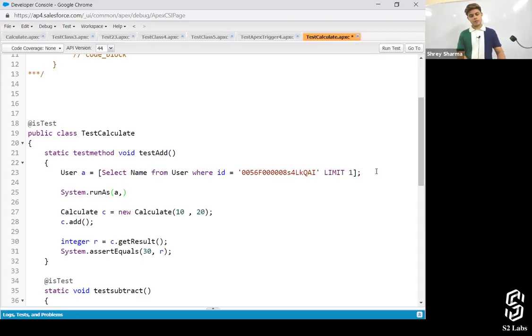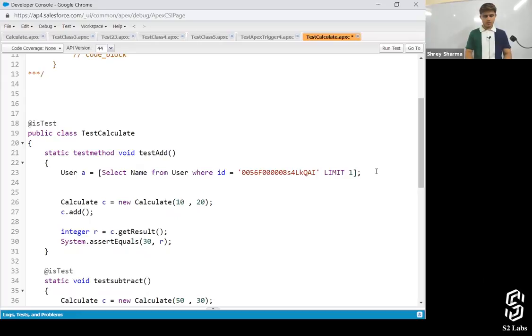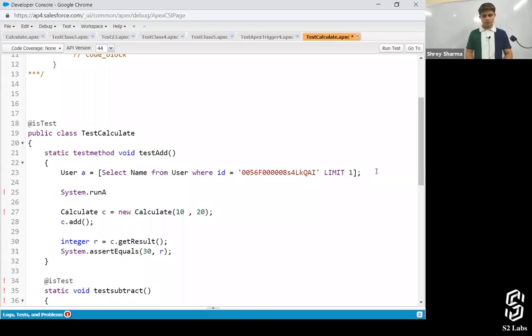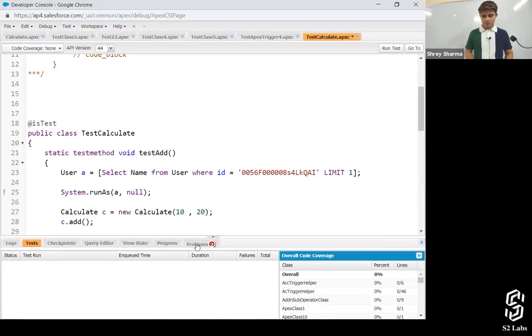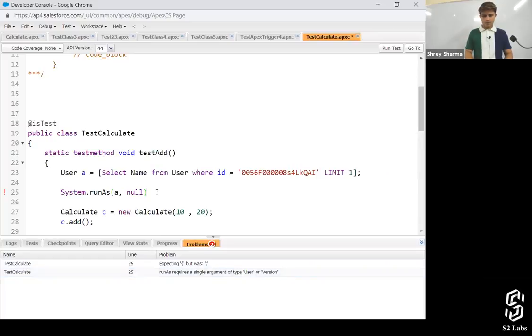Block. Which block? What's the problem with this? Expecting curly brace, but okay.